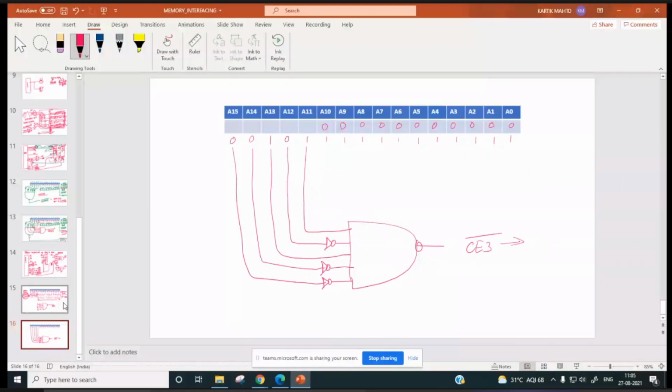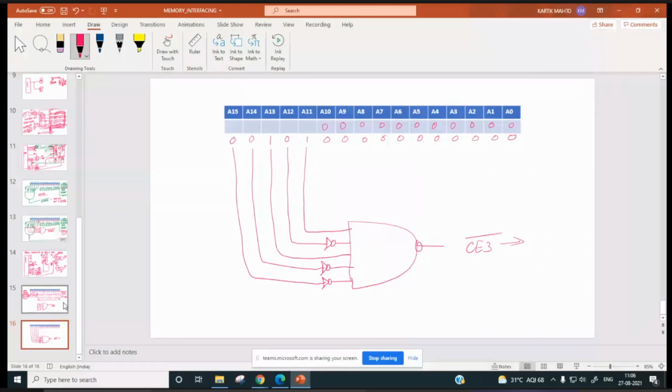Yes, tell me. Hello. Sir, no idea, sir, because one bit is not clear there. At the last, there will be 200, sir, but the MSB I'm not clear about. So what is this?